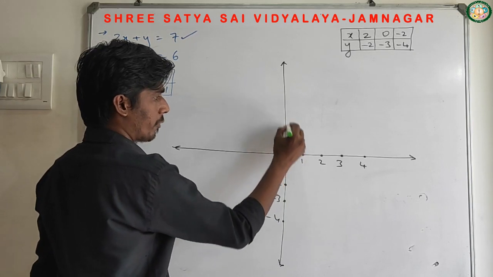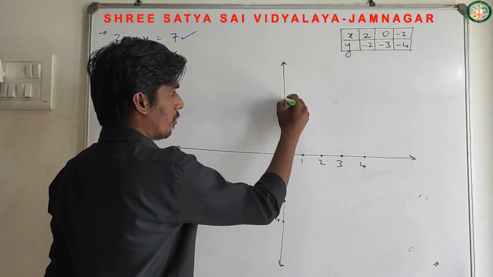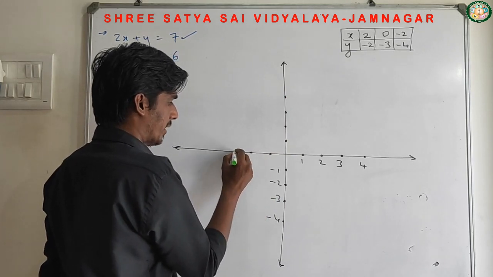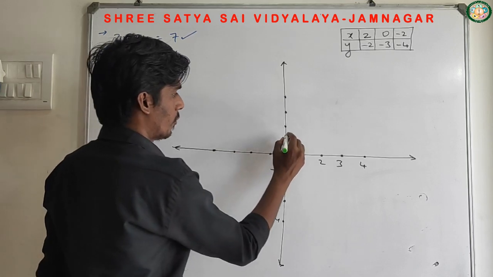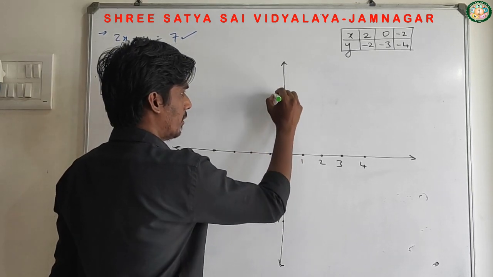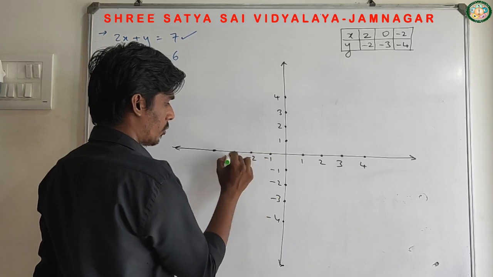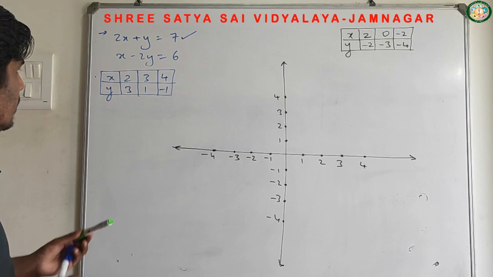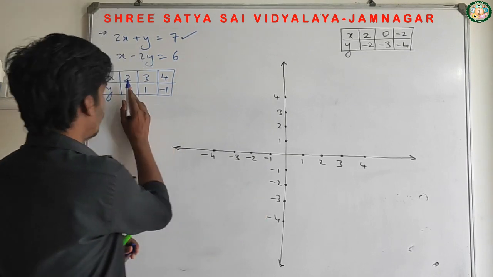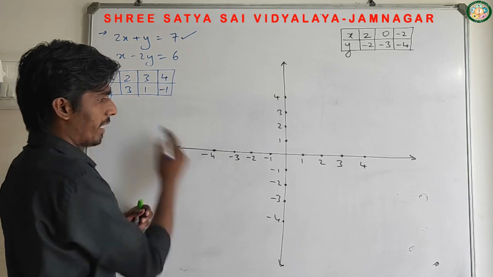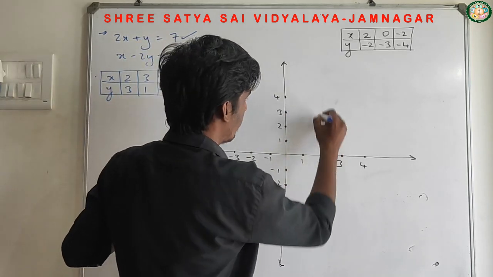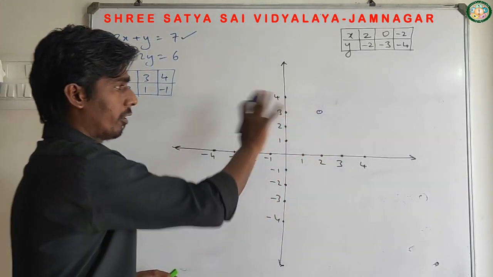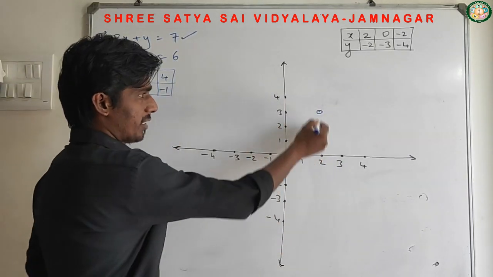For the solution, you require graph paper, definitely. Then only you will get a perfect answer. It is not possible to draw roughly and get the answer. This is 1, 2, 3, 4. Minus 1, minus 2, minus 3, minus 4. Let's plot this blue box first. So 2 and 3: 2 on the x-axis, 3 on the y-axis. 2 and 3 might be here somewhere, approximately, as I'm not drawing on graph paper but on a plain board. I have to just take an approximate point.